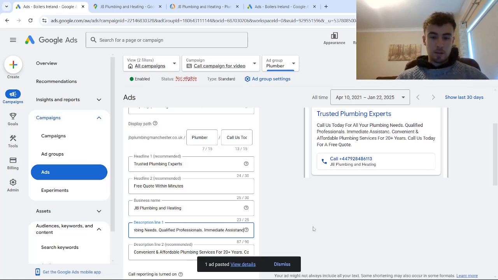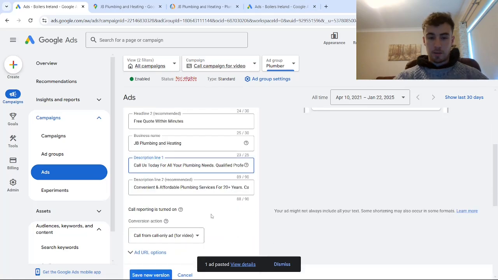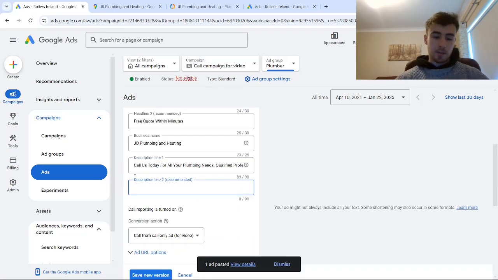assistance. So anything that is a benefit of why they should choose you, as long as you have your keyword focus in there as well, and also call to actions, for example, call us today. This is just an example of good ad copy that is conducive to getting a phone call from the ad. And for the second one, then you could say maybe the most reliable